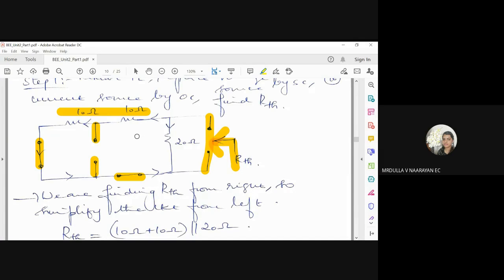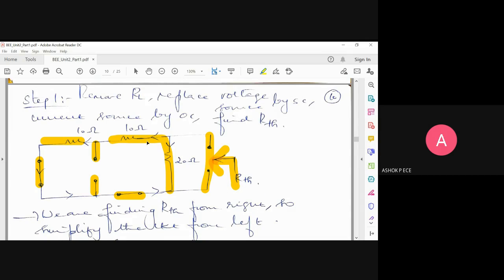10 ohms and 20 ohms will be in series, and another 10 ohms will be in parallel. Very good. Yes, when you measure RTH across this terminal, these two will be in series and this will be separate, and the combination of 10 and 20 in series will be parallel to this 10. So it will be 30 parallel to 10, which is 300 by 40. So it will be 30 by 4 ohms. So the point where you measure RTH will determine the value. You cannot say in any circuit, wherever I measure, the RTH will be same.